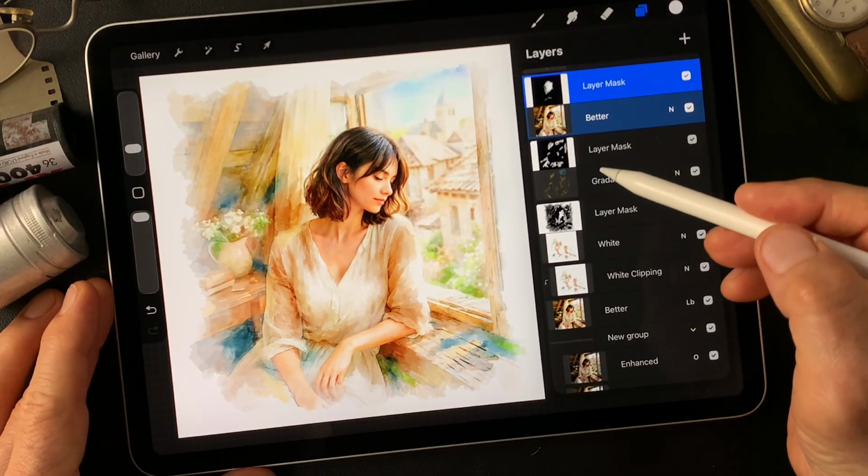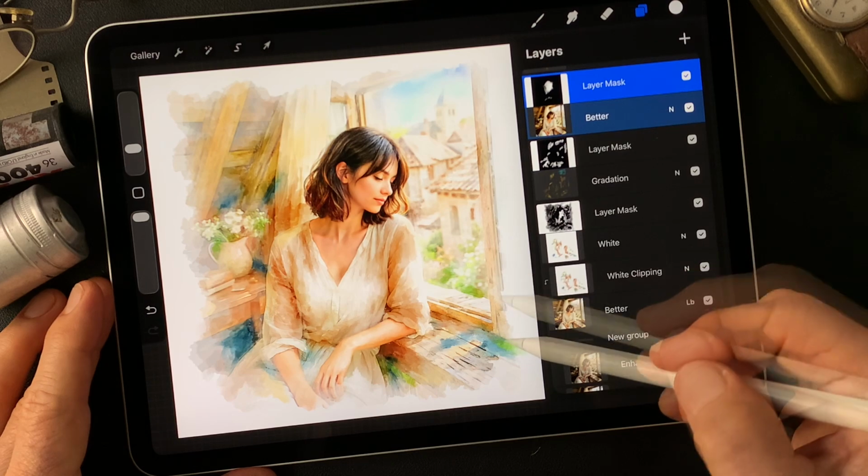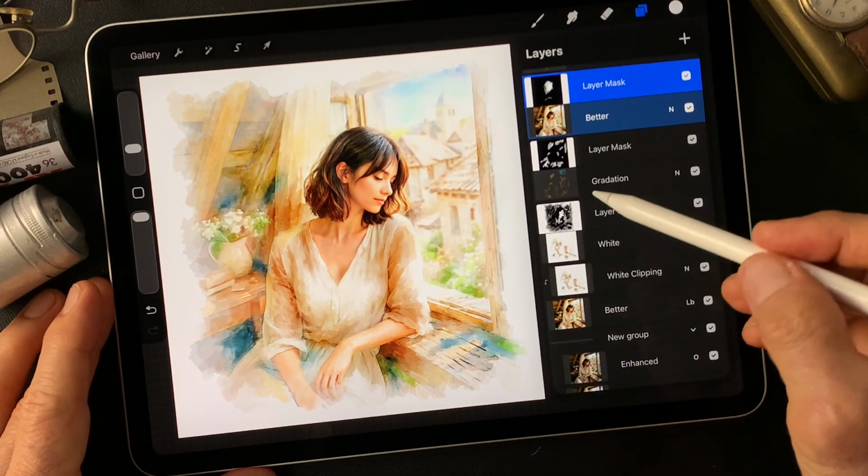Okay, then I may darken edge of this white border, so